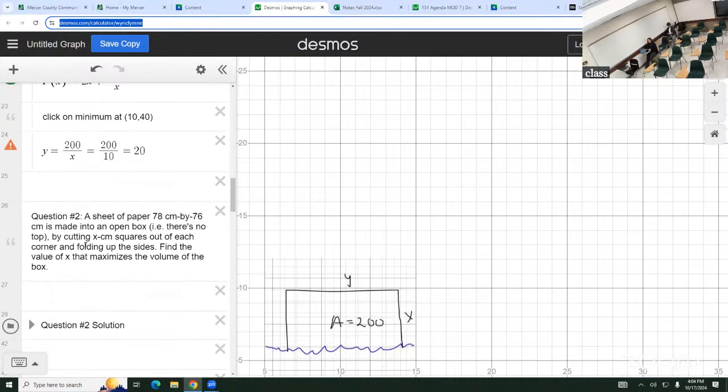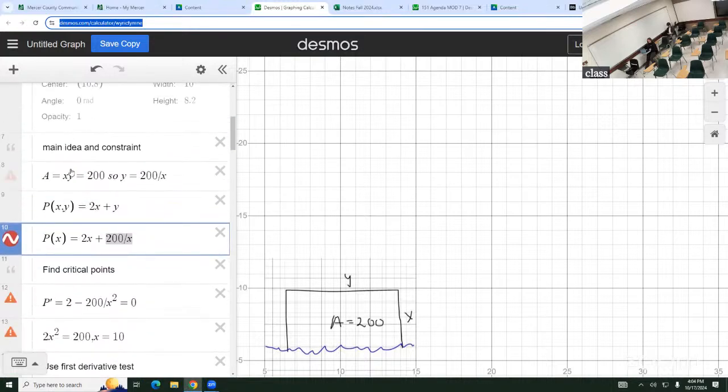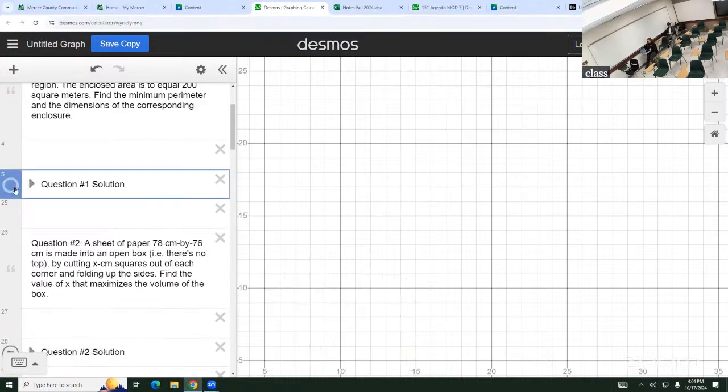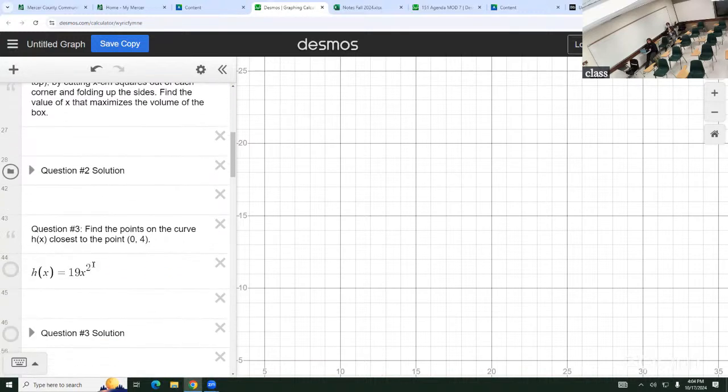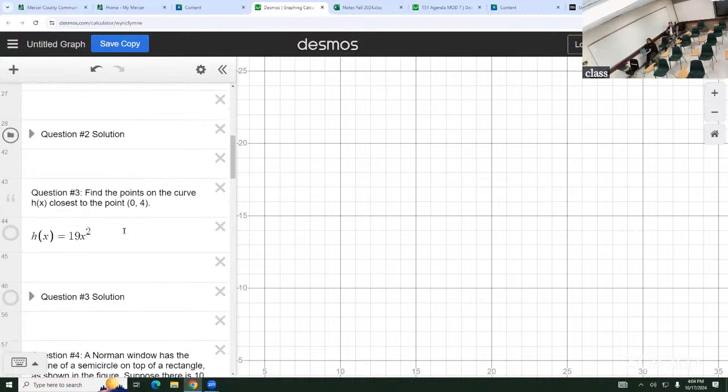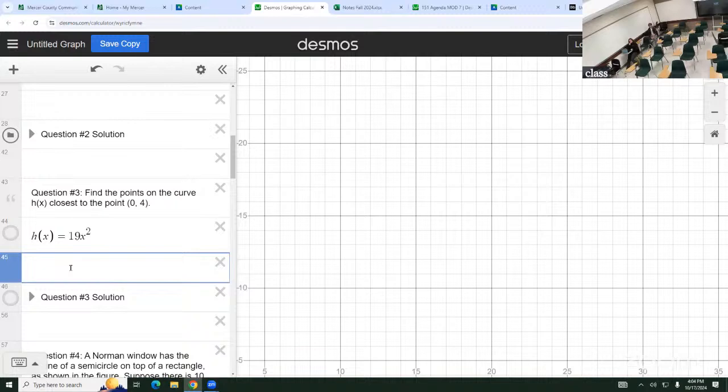Okay. This is question number 2, let me fold up question number 1. Question number 2 is slightly different. I think we talked about this. You want the distance between a point and a curve. So the distance between points, distance formula is the square root of, between 2 points,